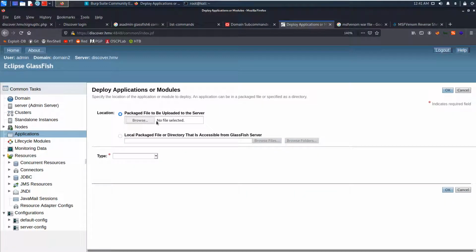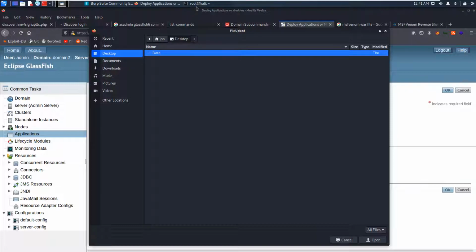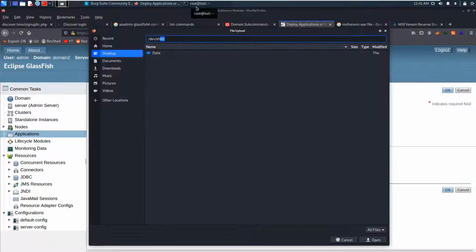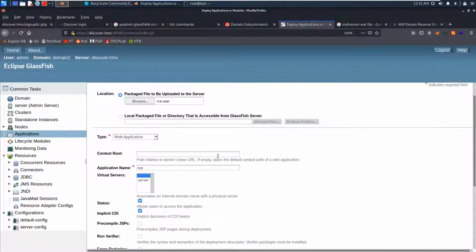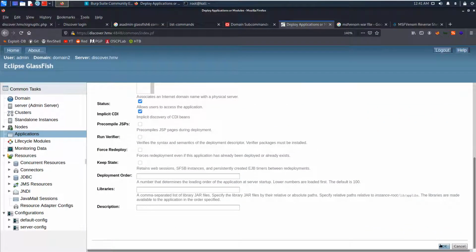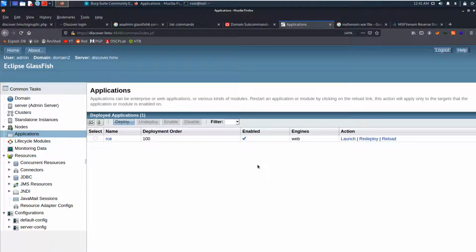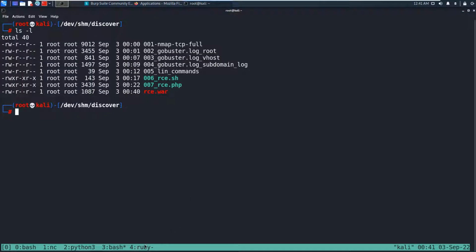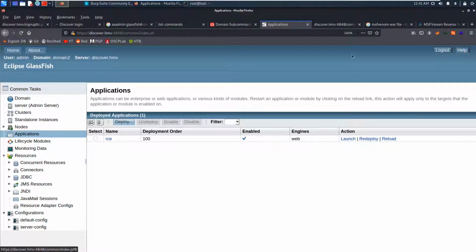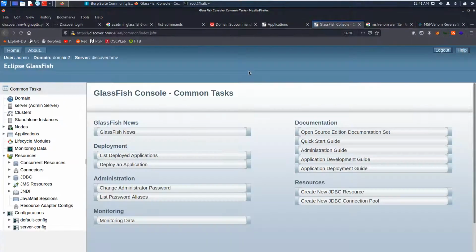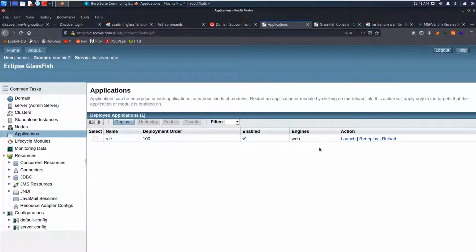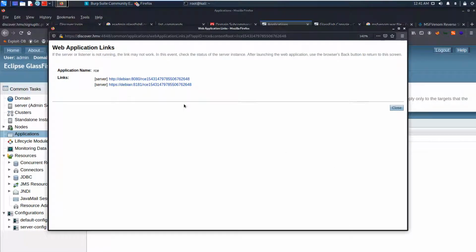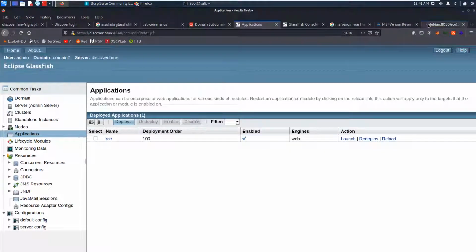So let's just go to deploy application. We are inside dev shm discover and rce.war. Open, and let's just try OK it. And do we have anything? Nope. Let's just launch it. Launch. Right. Debian. I don't know why it's saying Debian. It should be saying